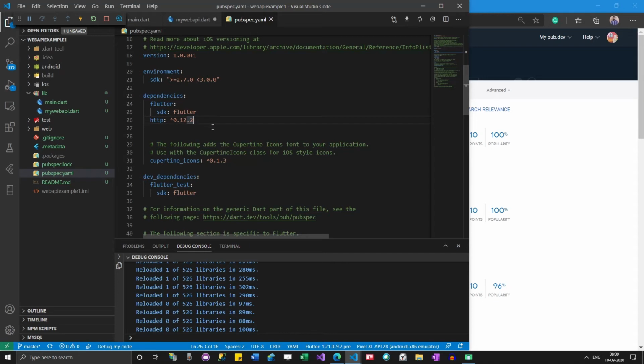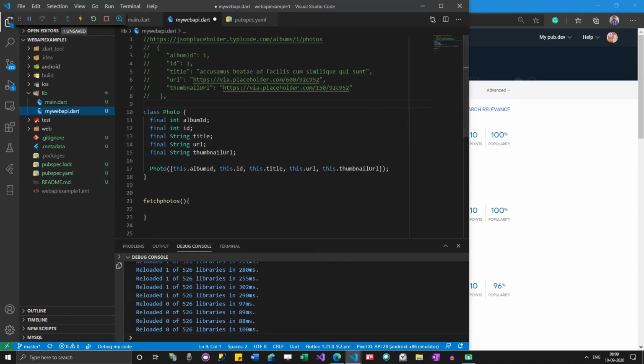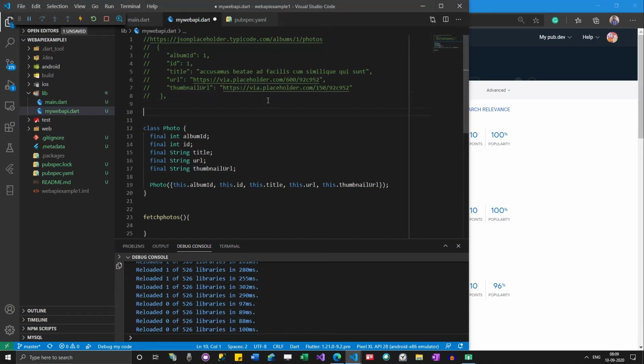Now I have added HTTP here. To use this HTTP in your program, you need to import it.